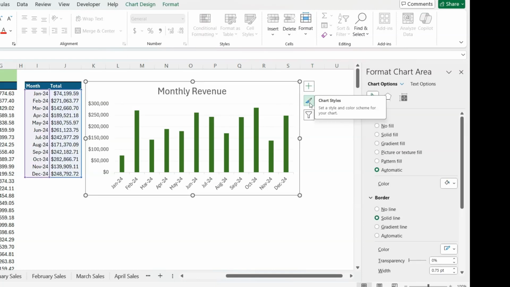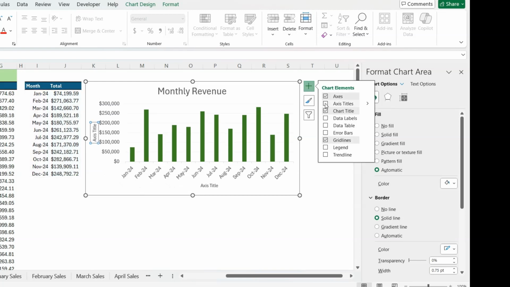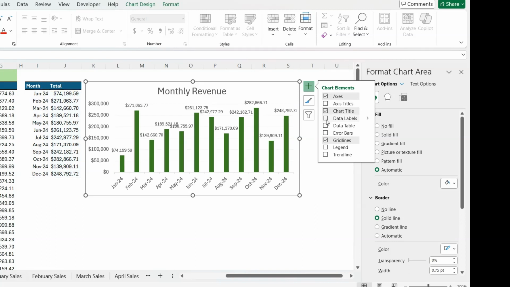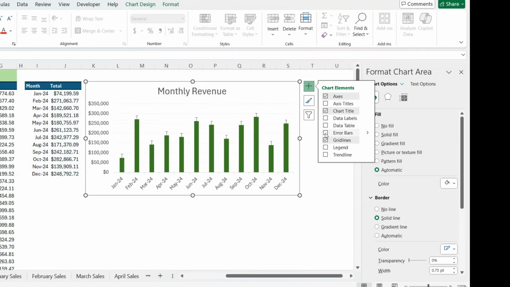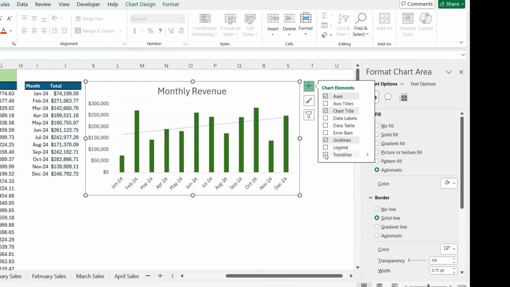Now there's other options where we could click into around chart elements, and here we could add additional axis titles, we could add data labels, data tables, error bars, legends, and trend lines. So depending on the data set that you're working with, you could choose what is applicable and play around with these